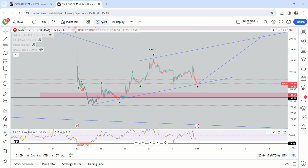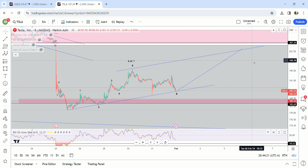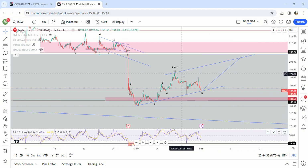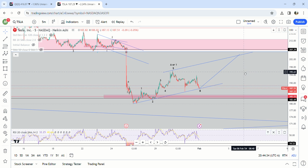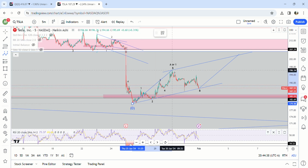based on futures and based on QQQ. I think we're up ready for the next leg higher. I'm not sure how high this is going to go, but I think that we're probably going to at least go up here to 207, just based on the fact that that is the 1.61 fib of this move right here. What I really want to see would be really nice would be